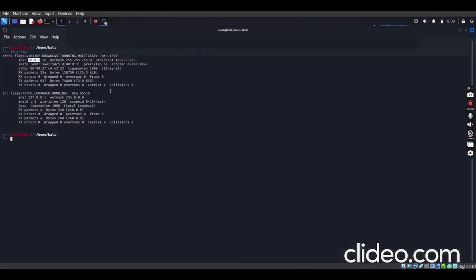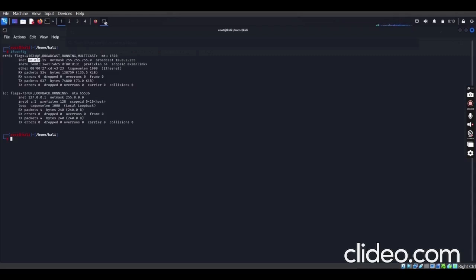I don't know its IP, but the only difference between the IP of that machine and this machine will be the last figure after the dot. Because they are in the same network, using the same Wi-Fi, they will always follow the pattern 10.0.2, then the last one.